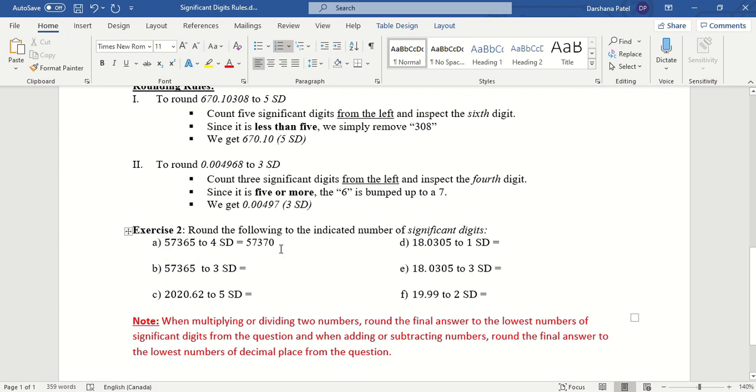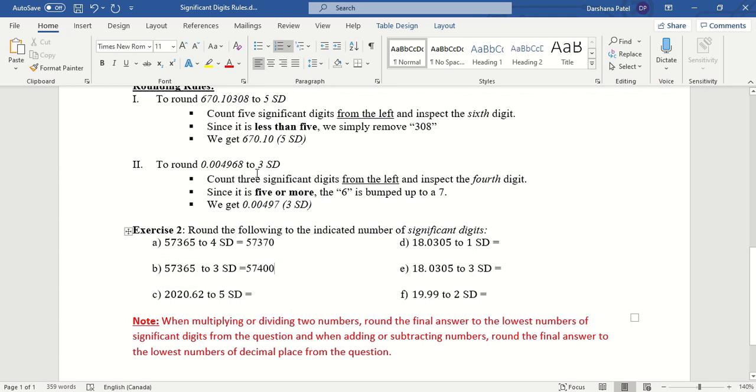So now the new number is closest to this number and it is a 4 significant digit number. Similarly, if I want to make the same number 3 significant digits, I look at the 4th digit, which is 6. So my previous number will go up by 1. So I'll get 574. So now the new number has 3 significant digits. But is it close to this? No. This is 57,000 something and this is only 574. So I must add 2 zeros to make it equivalent to that.